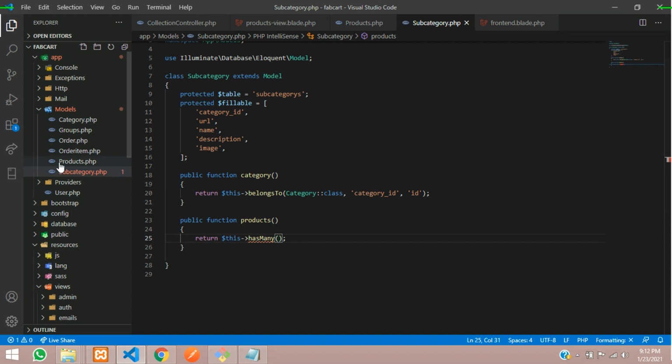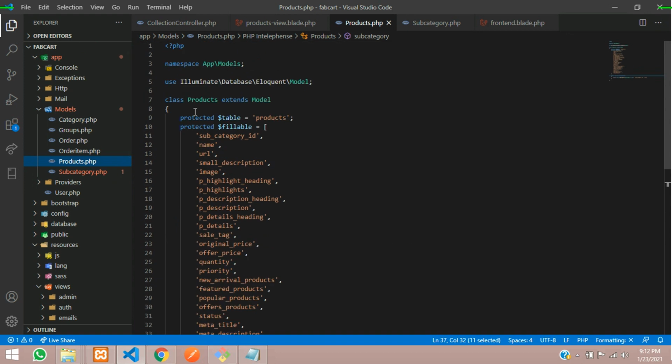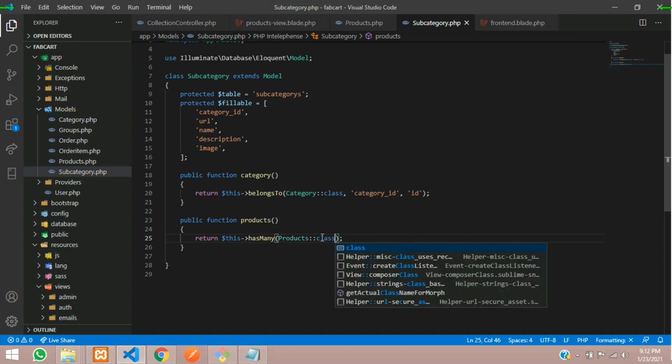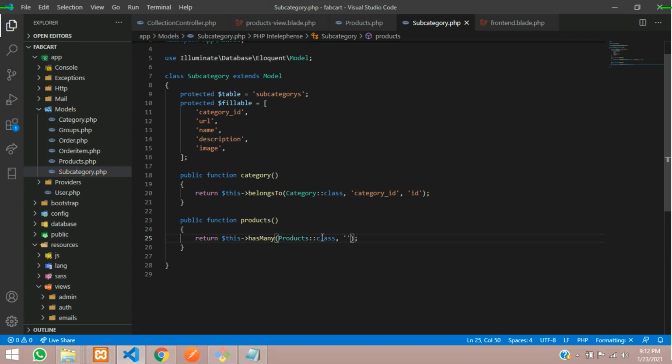Let's go to Product.php, copy the class name and paste it over here, then Product::class, and then pass the ID of it.